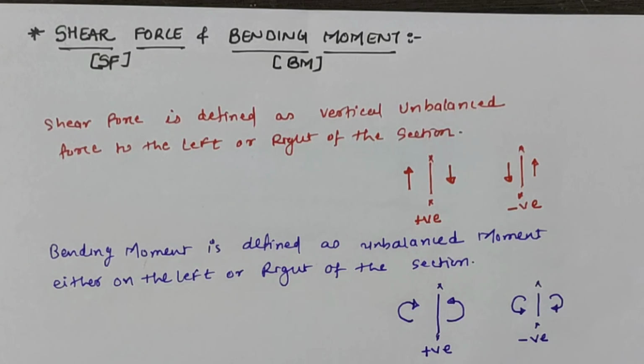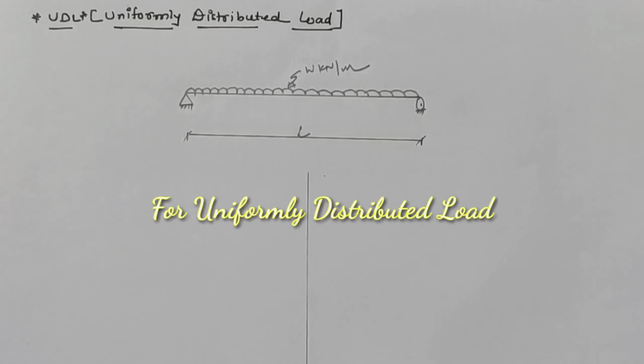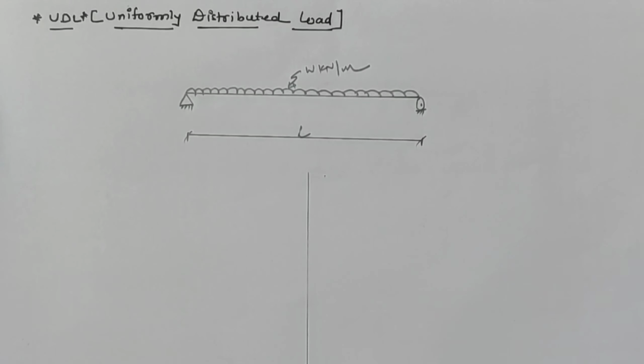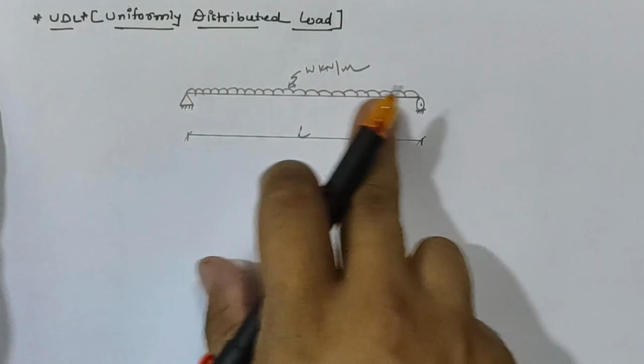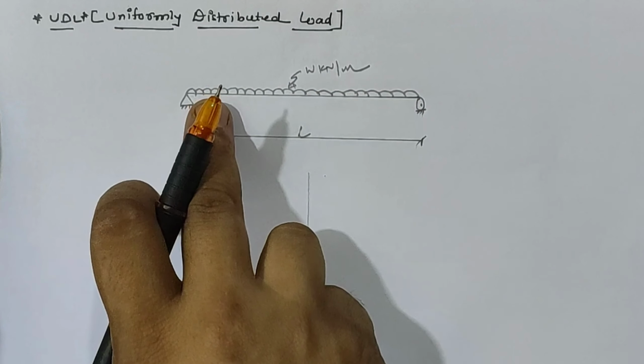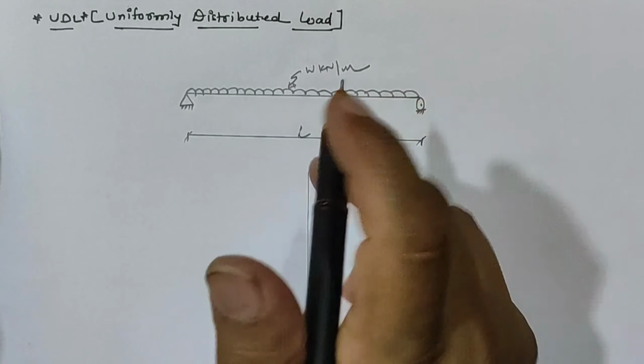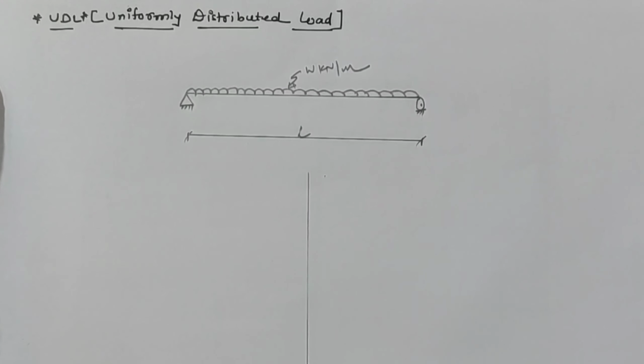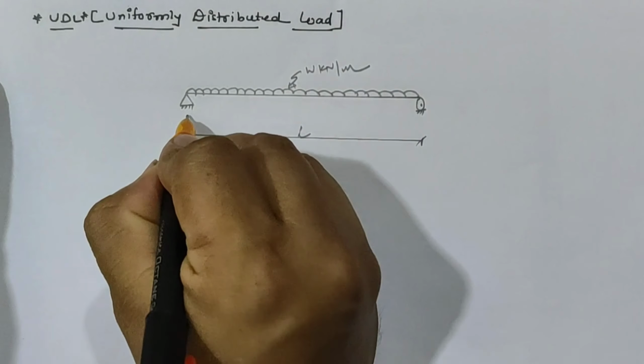Now let us go for the rules for different types of loading to provide the shear force and bending moment. First of all, for the UDL, uniformly distributed load, as we define in the types of load, it is the load which is equally distributed along the length, and the value for the UDL is W kilonewton per meter, and length of the span is assumed as L meter. Now from the equilibrium condition we have the value for reaction at supports,